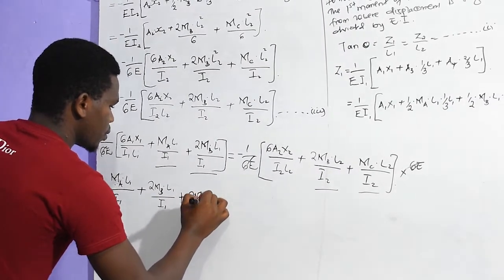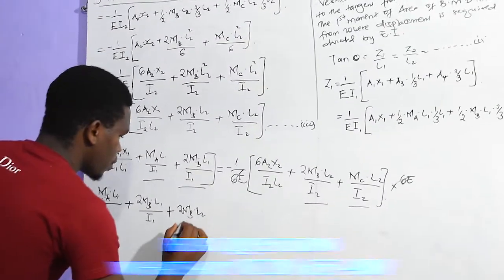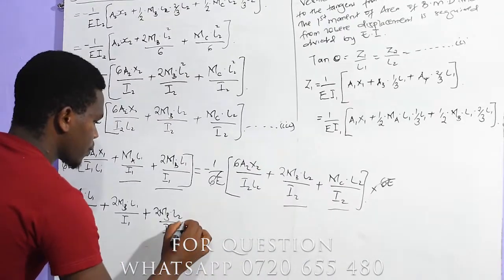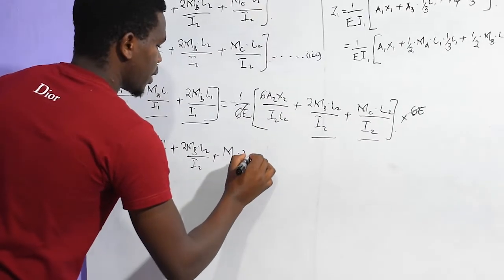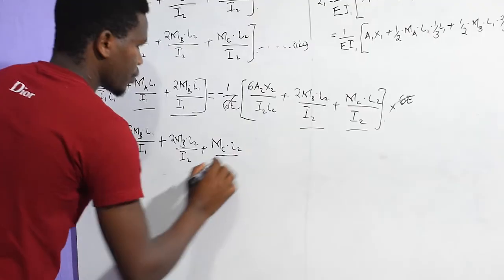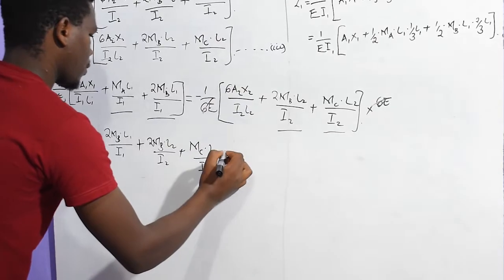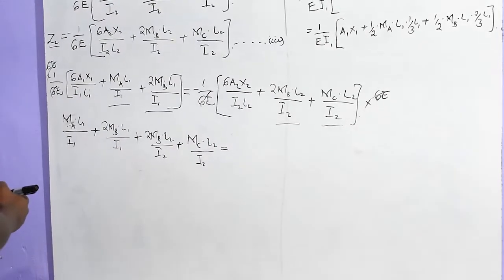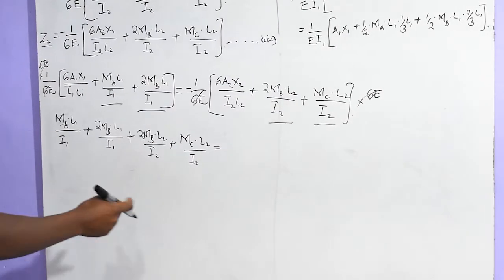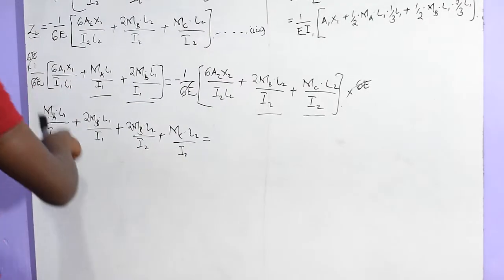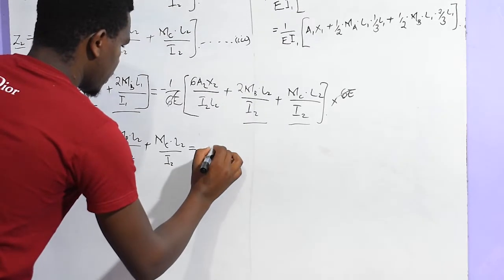So these are 2 MB L2 over I2 plus moments at C L2 all over I2. This one equals 2. Remember, this one is positive, when it comes to the other side, it gives us negative. Therefore, negative 6